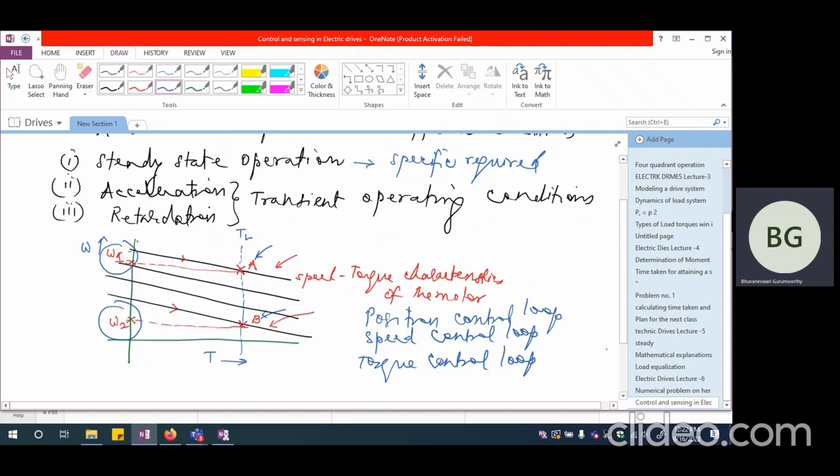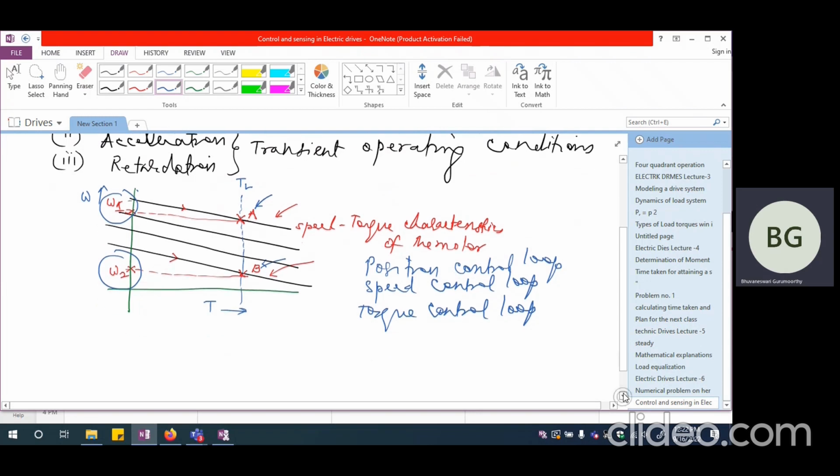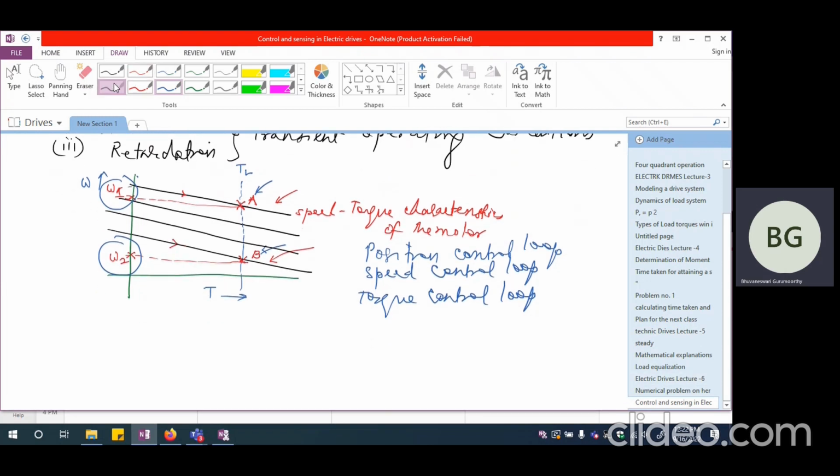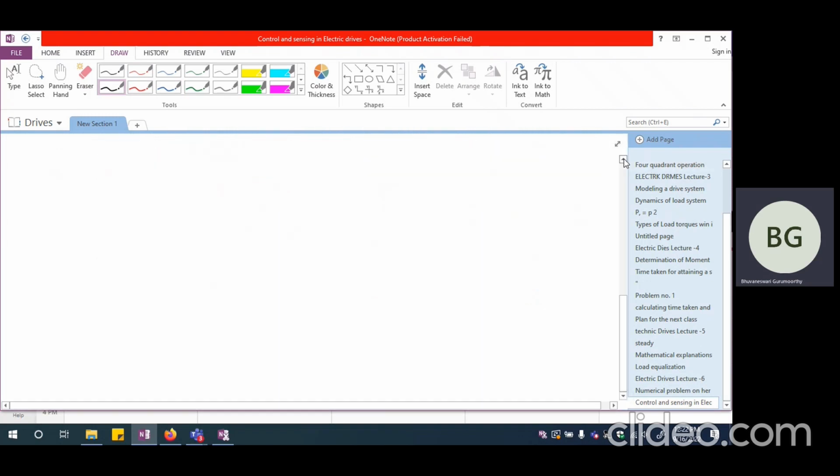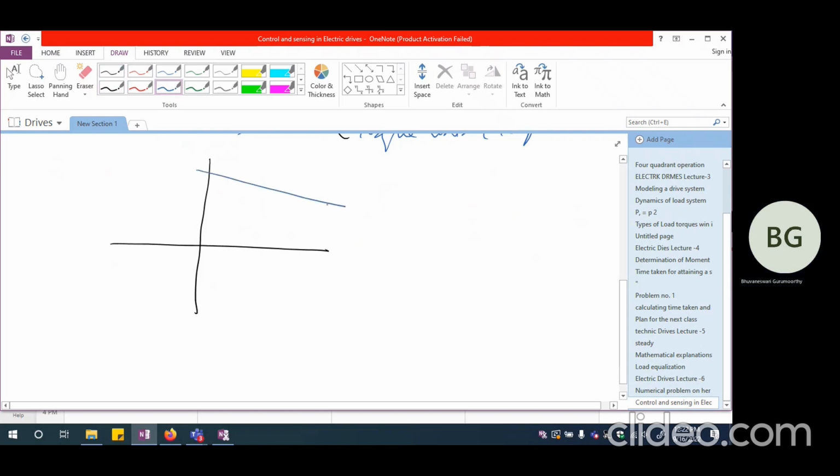So CNC machine, I might like to adjust my tool at a particular position. So I might like to have position control loop or speed control loop or torque control loop. Now, during transient operating condition, for example, I might like to adjust my motoring operation or regenerative operation as per the requirement. So, for example, if let us say currently I am operating my electric vehicle or something at a